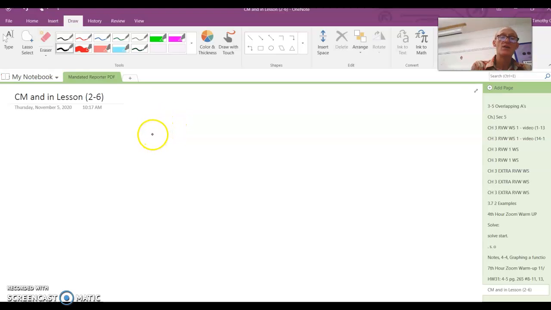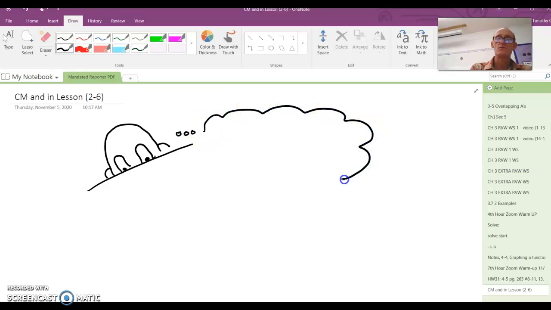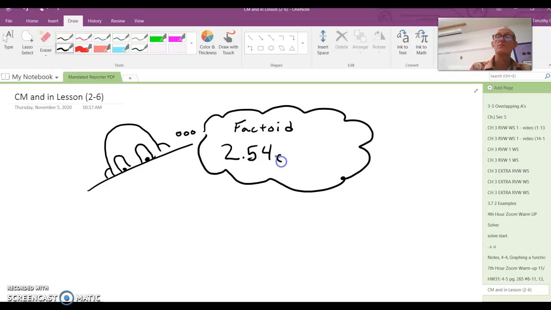So here is the big factoid. I don't know what a factoid is, but it's something. The factoid is that there are roughly 2.54 centimeters